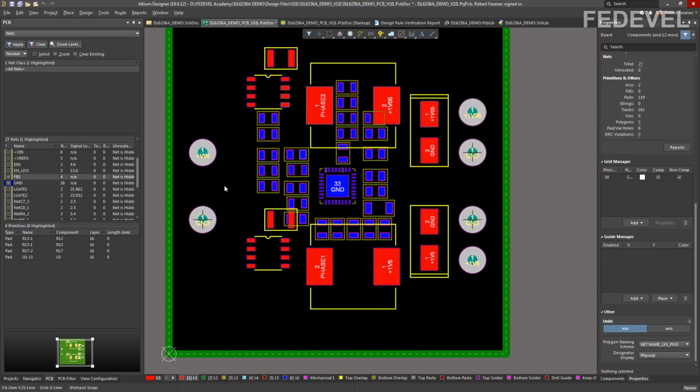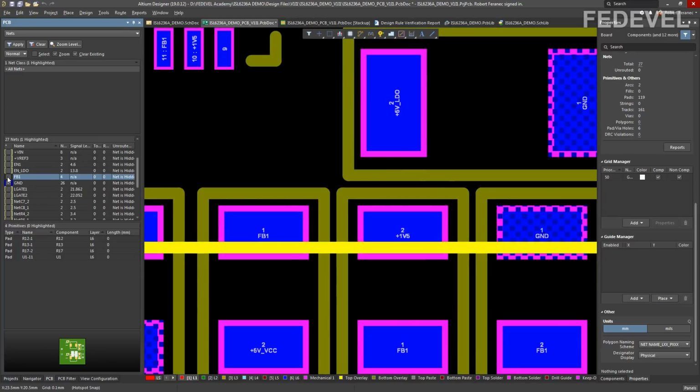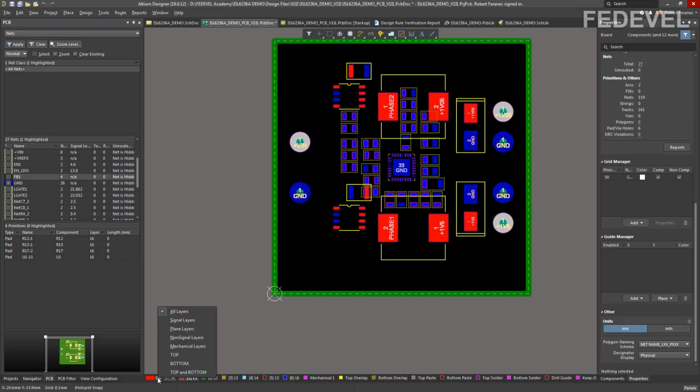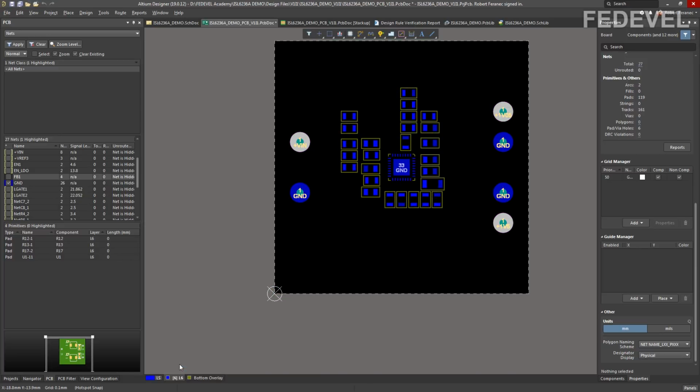If you use F5, notice even if the nets or even if the colors are checked here, we still cannot see them in the PCB. You have to press F5 to enable the colors in your PCB. Okay, so if you check the color here, if you cannot see it, use F5. I'm going to uncheck this and I'm going to enable the bottom view.